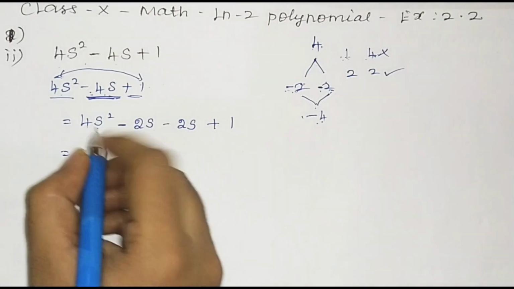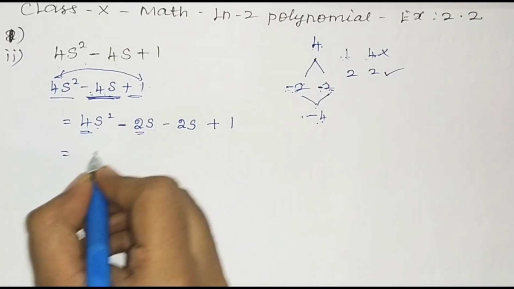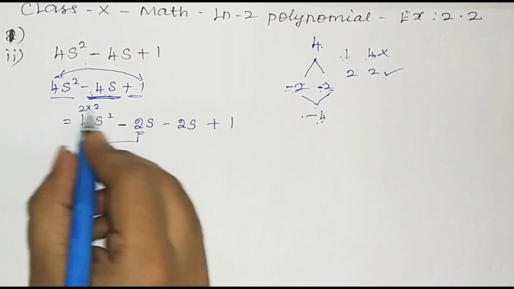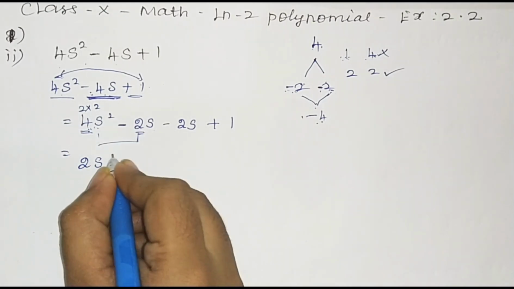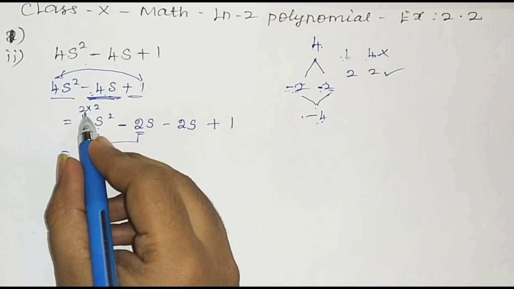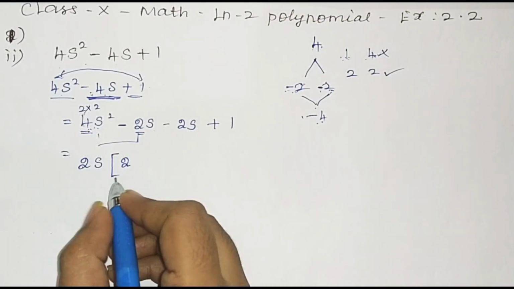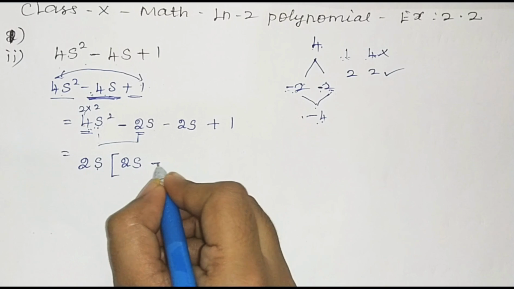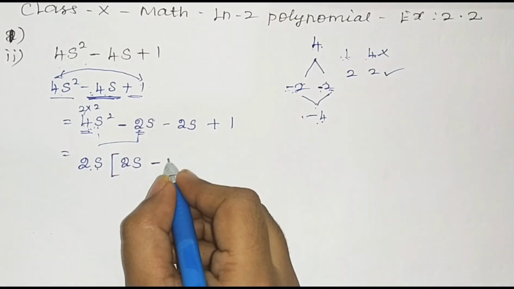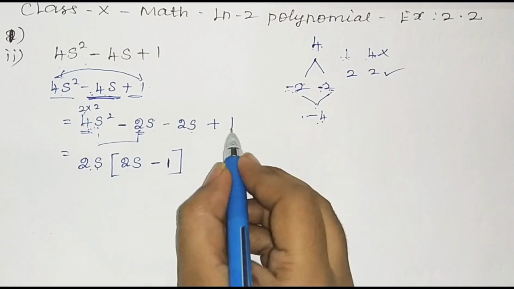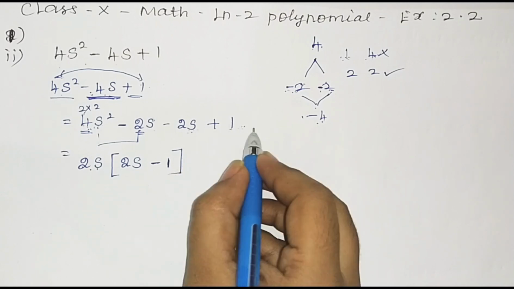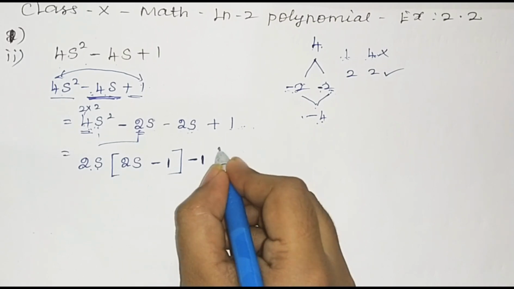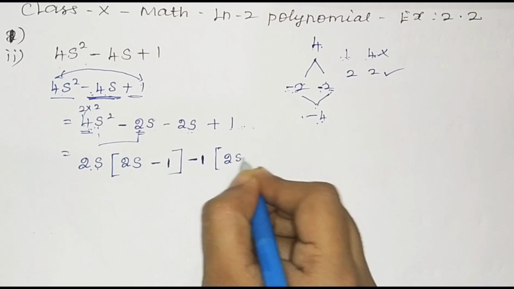So in this, which is common? 4 comes in the 2 table and 2 also comes in the 2 table. 4 we can write as 2 into 2. So in the first two terms, 2 is common and s is also common. Instead of 2s, I have written 2 outside, so the remaining 2 I am writing inside, and 2s square means 2s times s, so 2s I wrote outside, and another s I am writing inside. For the minus 2s, I write it outside, and since there is no term left, we write 1. Now here no numbers are common, so minus we can take commonly. So minus 1 we can write, see, 2s minus 1.